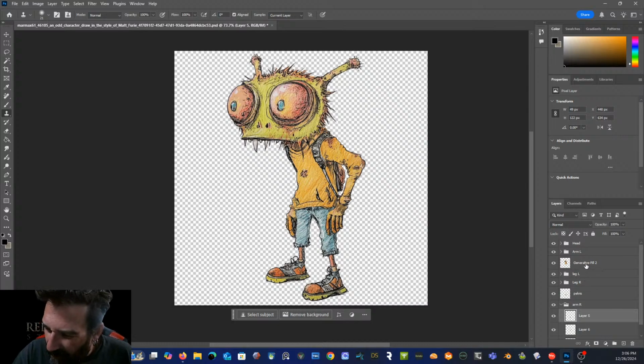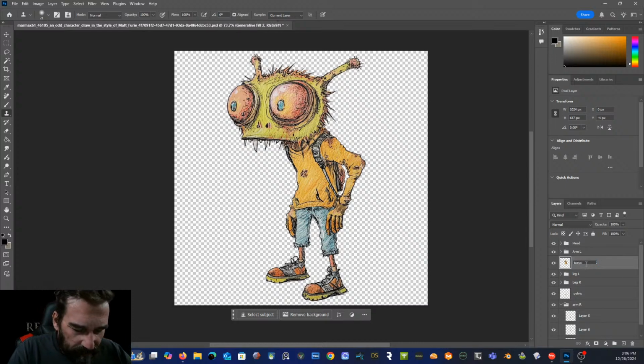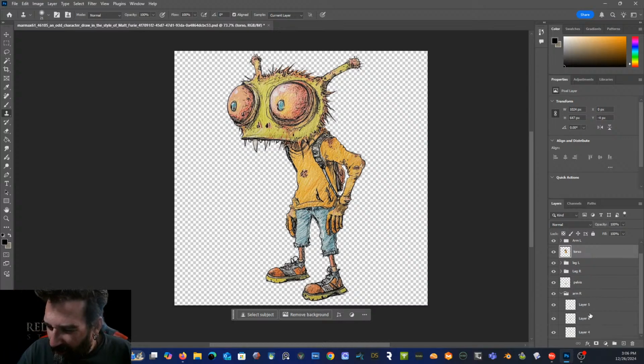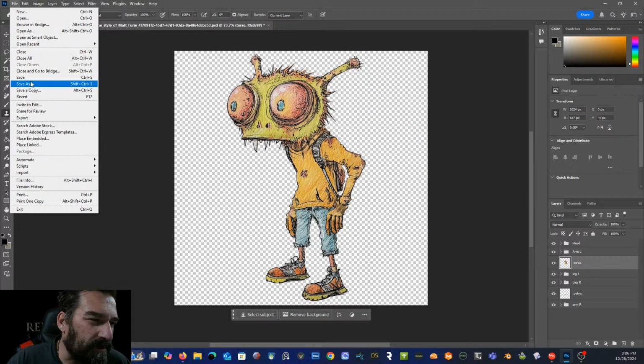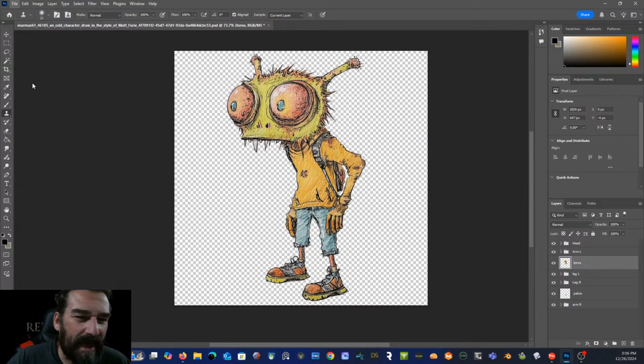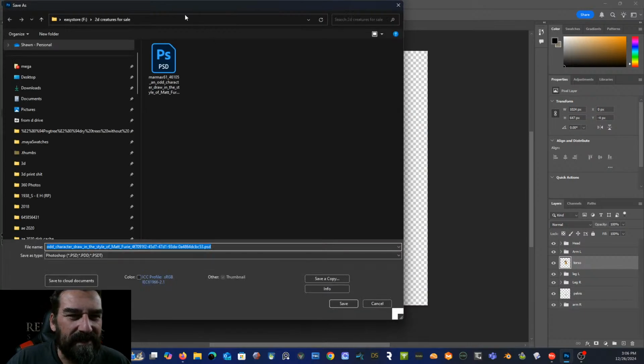Just kind of want to make sure I've got things named appropriately. So I'm going to call this torso. Leg, pelvis, arm. These are fine as long as they're in that folder named. They don't have to be named a certain way to work, but I just want to make sure that I don't get lost with them. So I'm going to say save as, and we're just going to stick this somewhere. We're going to call this that, and I'm going to say,